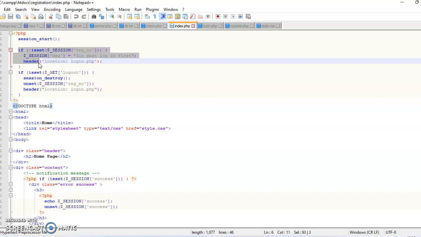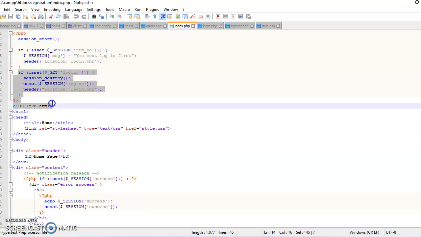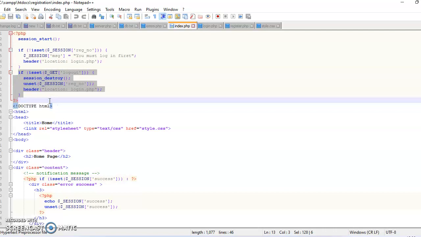If you would like to make any page accessible only to the logged in users, then what you have to do is to place this statement at the top of the file. So the second if statement we are having, this is the second if statement, redirects them back to the login page.